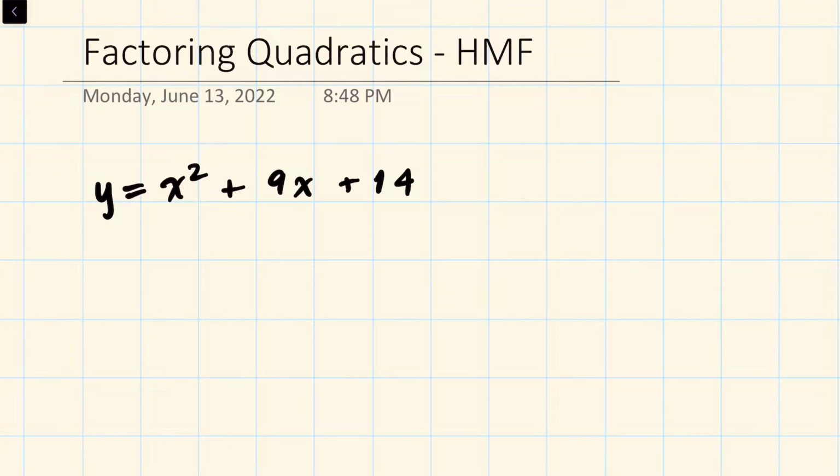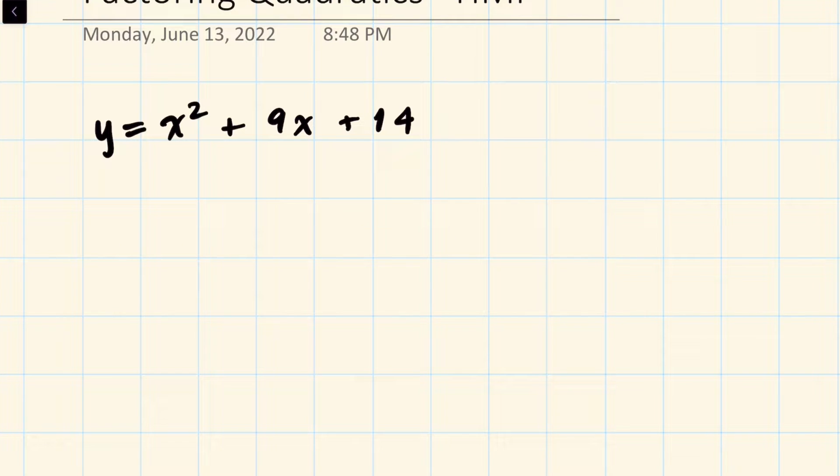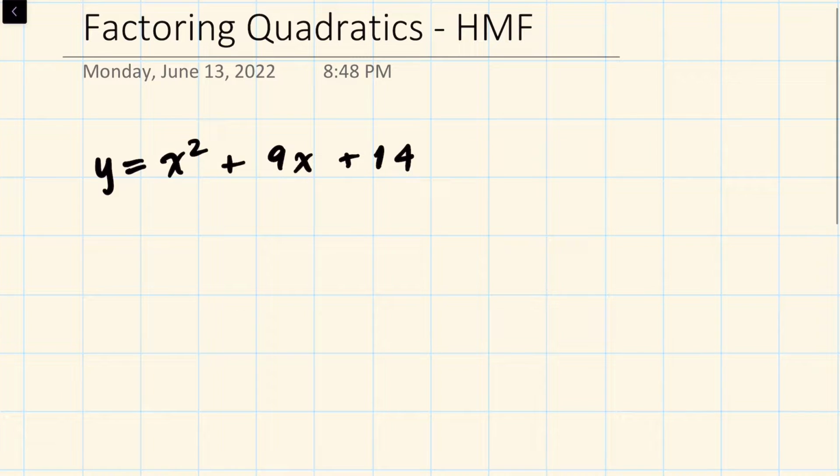So, first example here, we have y equals x squared plus 9x plus 14. And the way we're going to factor this, we want to get it in the factored form, y equals x plus p, x plus q, where p and q are both roots of the quadratic here, or x values of the roots. So in order to do that, we are going to find two numbers, p and q, or the negative p and negative q, you'll see in a sec,